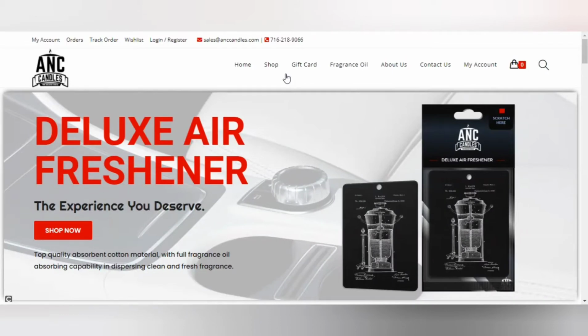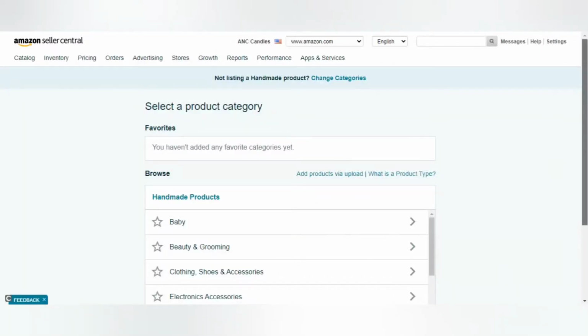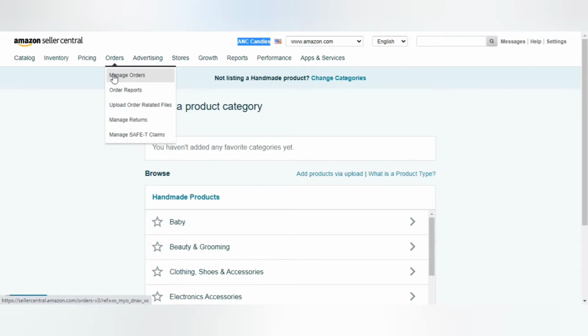All right, so guys, on my screen, my ANC Candles Deluxe Air Freshener, the experience you deserve. So this is my website, but the sale was done on Amazon Handmade. Okay, so we're going to go to Amazon Handmade. Right here is my account on Amazon Handmade. You can see it says right here ANC Candles. Okay, so right here I'm going to go to orders and manage orders. Okay, so I'll click on that,